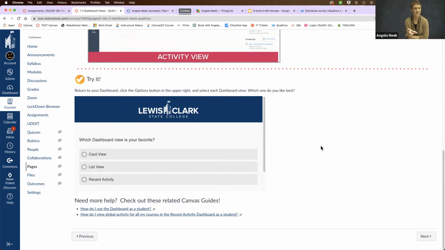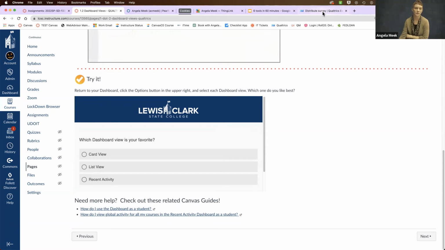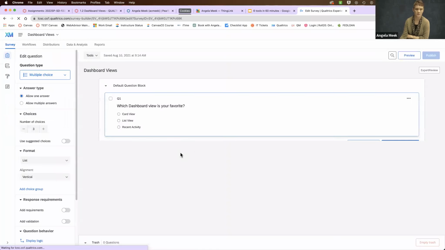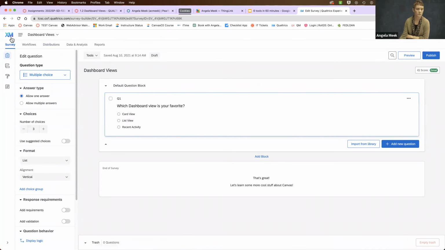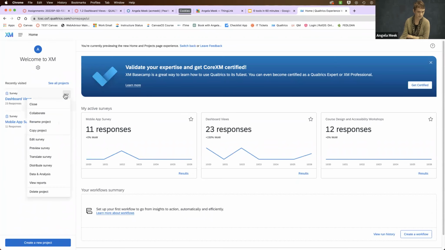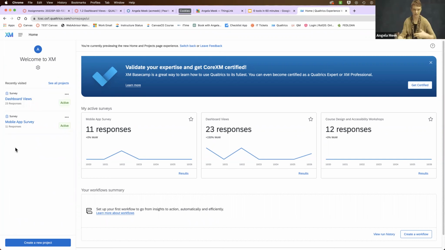So if you wanted it to be specific for the term, you would want to log in, but it's super easy to duplicate a survey in Qualtrics. So if you had already built the questions, they changed the interface around, but I think duplicate, yeah, copy project. So it's very easy to copy it. Then you could label it spring 2022. And that way you would know the data was coming from that spring class and you would have to relink it. Yeah, thank you. As far as the embed code, it would still be in that page